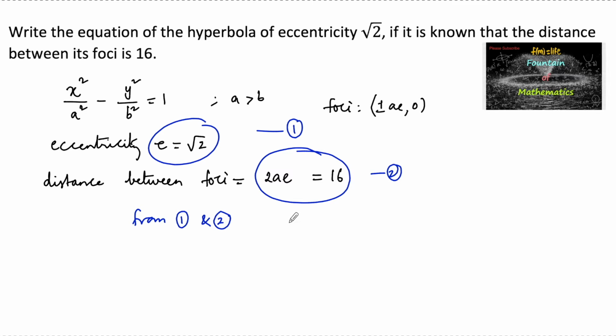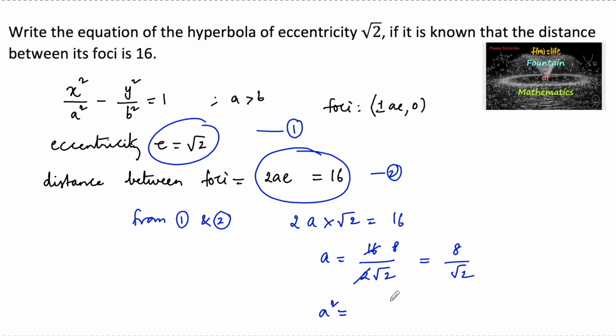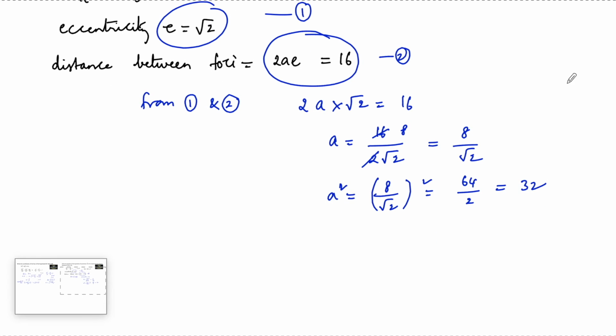From 1 and 2, we can write 2 into a into root 2 is equal to 16, or a is equal to 16 upon 2 root 2. So here, 2 8 times 8 upon root 2. So a square is equal to 8 by root 2 whole square, that is 64 upon 2, which is 32. So the value of a square is 32, and we know that eccentricity is